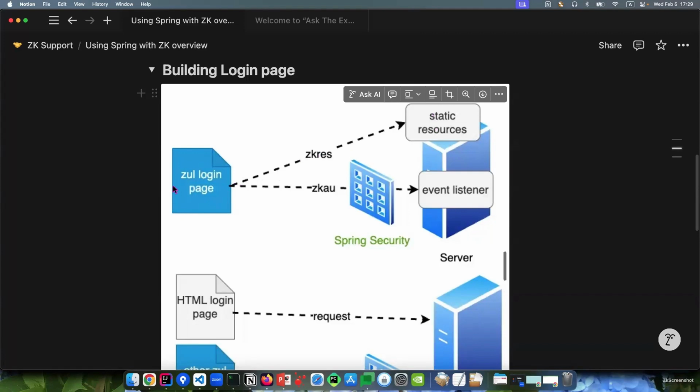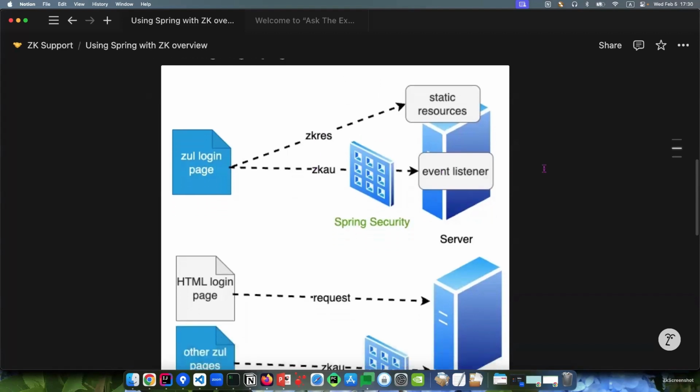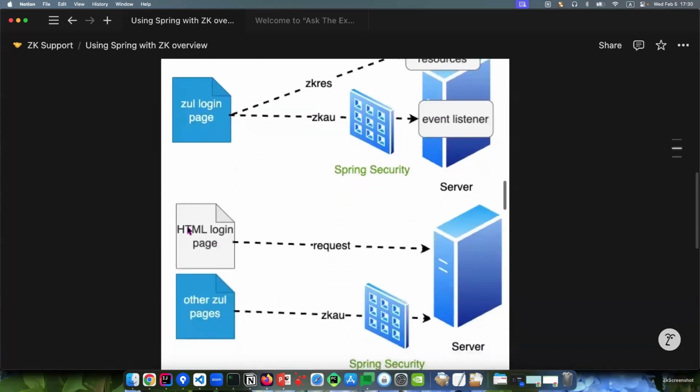And you need to submit your authentication request with form submission instead of relying on an event listener. So this requires some extra configurations in Spring Security. And another way is you might choose to build your login page with non-ZK technology,